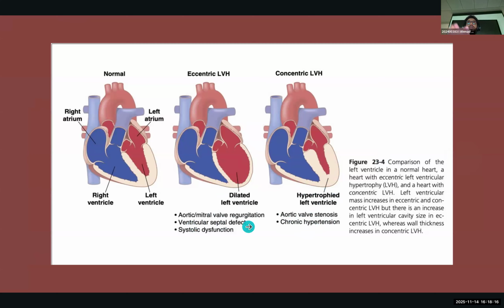So how did I explain what stenosis and regurg are? Stenosis is basically when the valve is calcified, or just think of it as hardened. If this door right here, I'm usually trying to push against it and it's normally opening. But if there's three people standing behind it pushing against me, I'm going to struggle. It's going to require more effort from my side in order to be able to open the door. And that's basically what stenosis is. When the valve is hardened, you would require more pressure in order to open it and fill the following area with blood. As a result, it causes something called concentric hypertrophy.